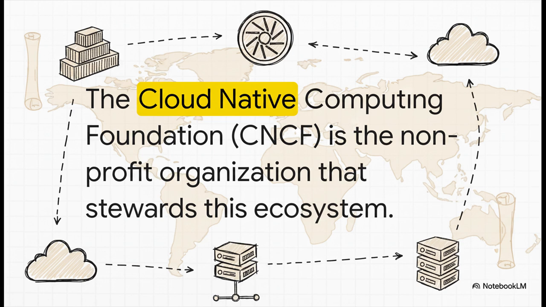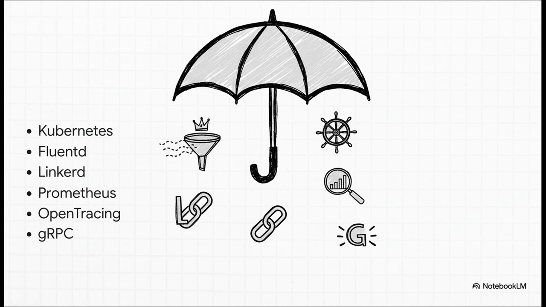So with all this complexity, you might be asking, who keeps it all from turning into total chaos? Well, that's where the CNCF, the Cloud Native Computing Foundation, comes in. Think of them as the guardians of this whole ecosystem. They create the rules and the standards so that all these different tools and projects can actually talk to each other. And we're not talking about abstract ideas here. These are the powerhouse tools that make the whole cloud native thing possible. You've probably heard of Kubernetes, right? The big one, the famous container orchestrator. But it's just one piece of this huge family of projects that handle monitoring, networking, you name it, and they're all looked after by the CNCF.